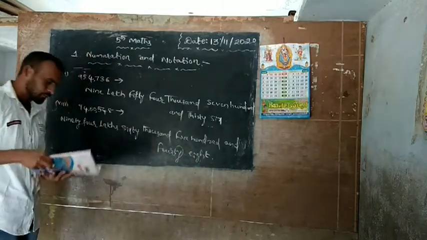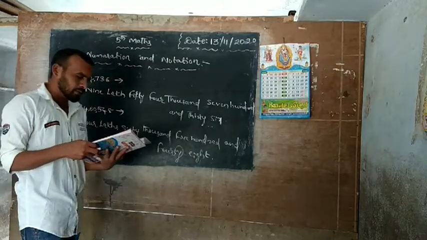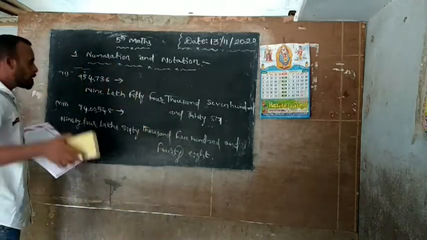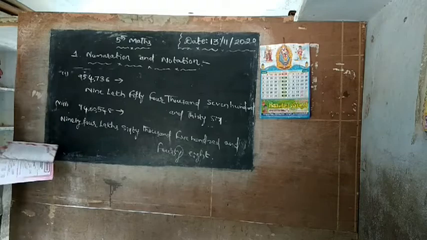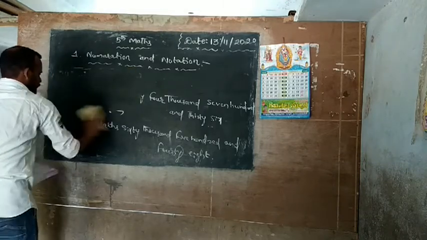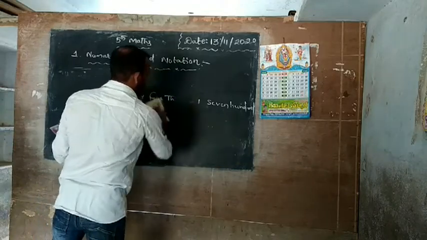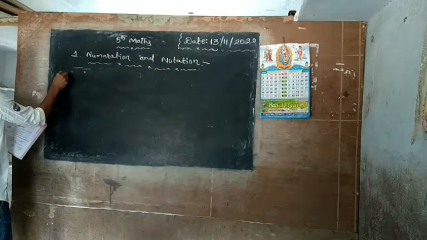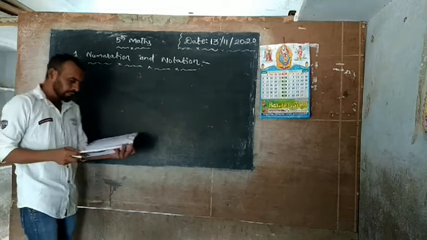Now write down the second bit. Write the following number names in numerals. Here the number name is given. Now you write the number. Okay, now you write this down. Very easy. Already you know how to write this. So now, second bit, beta, I will explain the first one.